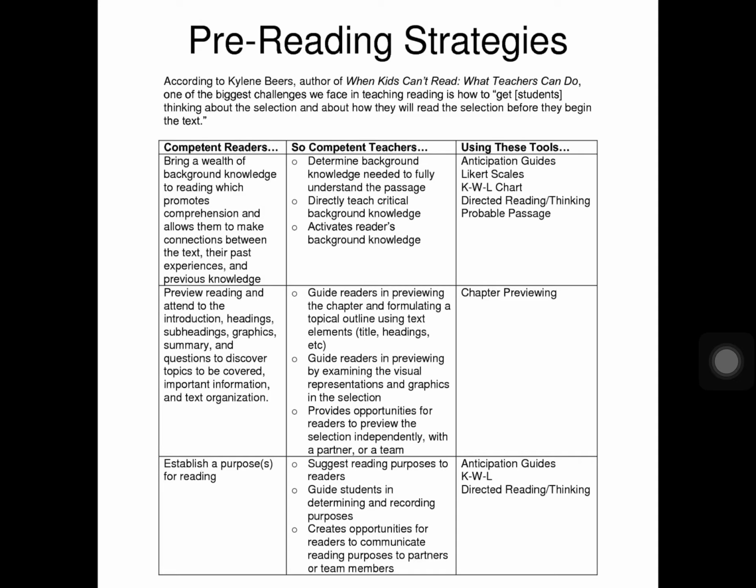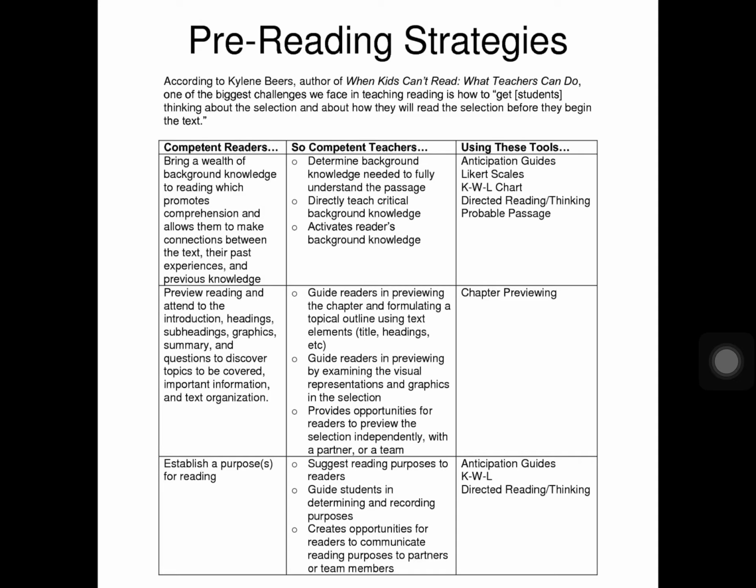Prior knowledge is the previous knowledge that you have about the topic that you read about. So, when you activate this prior knowledge, it promotes comprehension and allows the student to make meaningful connections between